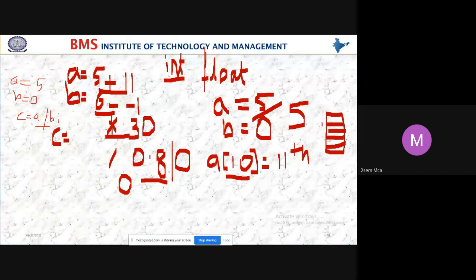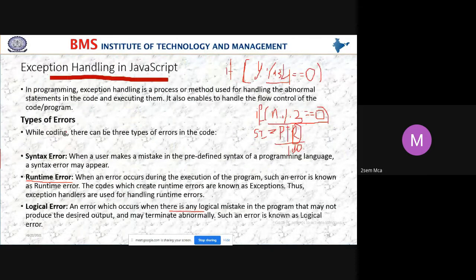So to overcome such problems, we use exception handling. When an error occurs during the execution of the program, such an error is known as a runtime error. So during the execution of the program, those types of errors we call runtime errors.